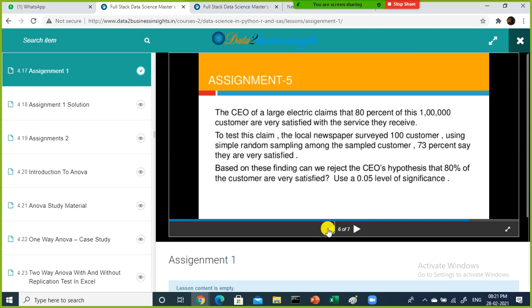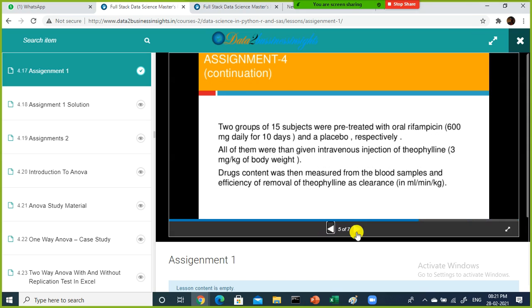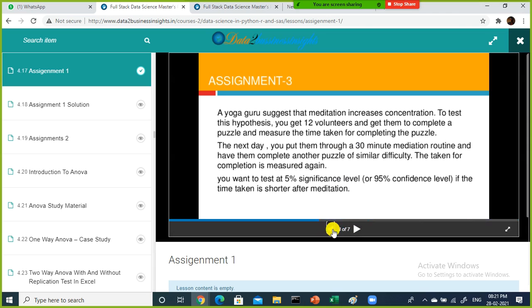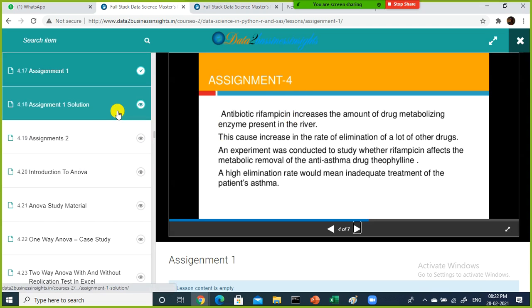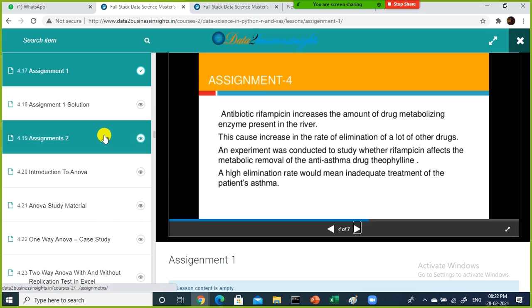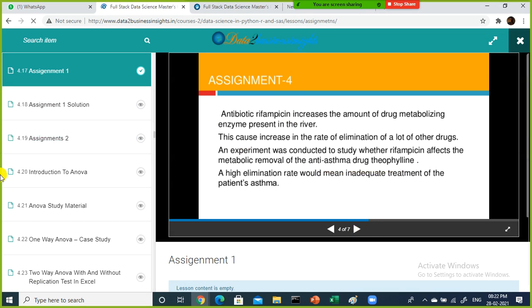Sixth one and fifth one you can leave, because this is hypothesis testing for variance. I did not cover that one, so I will leave it as it is. Only assignment 3 I'm done with here. Assignment 4, you can try it out. Anyhow, I will enable the solution here and upload the file. Assignment 2 we will do later.